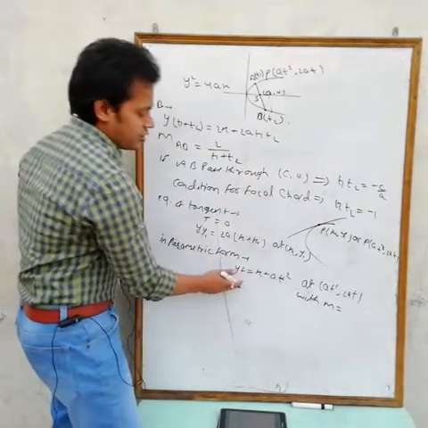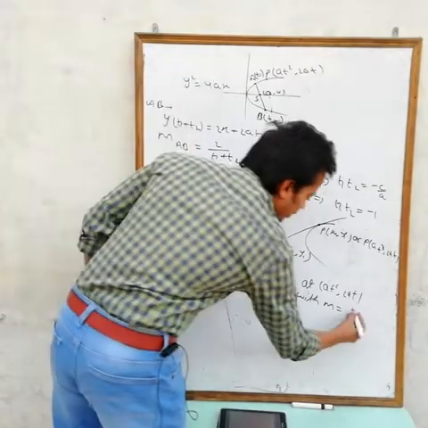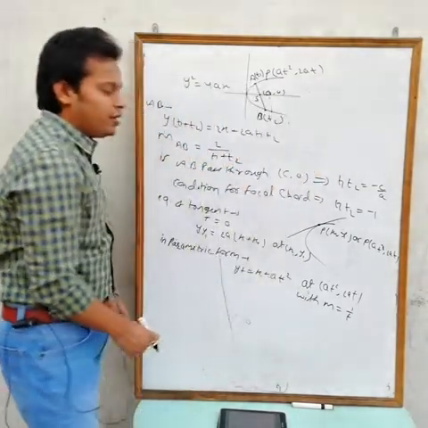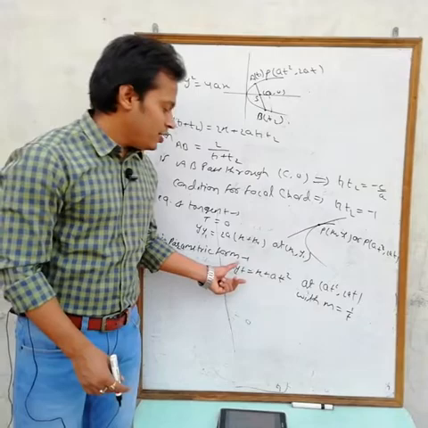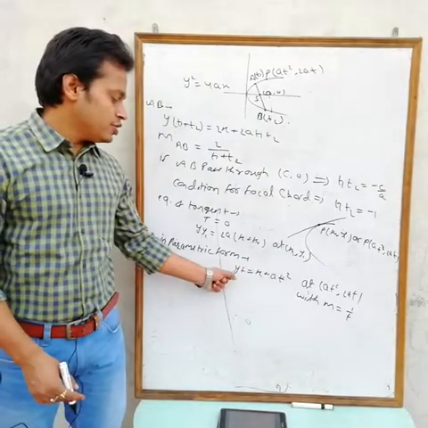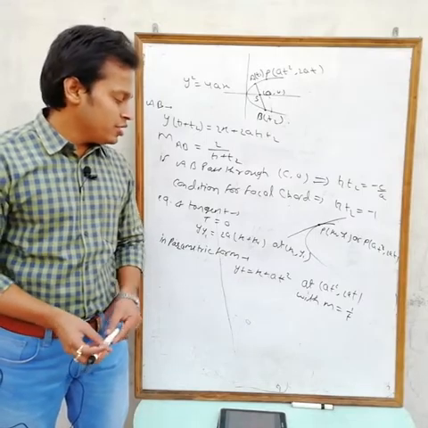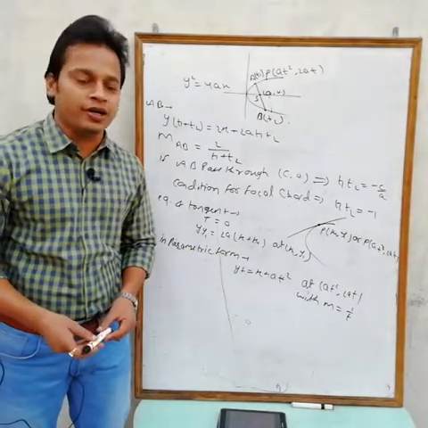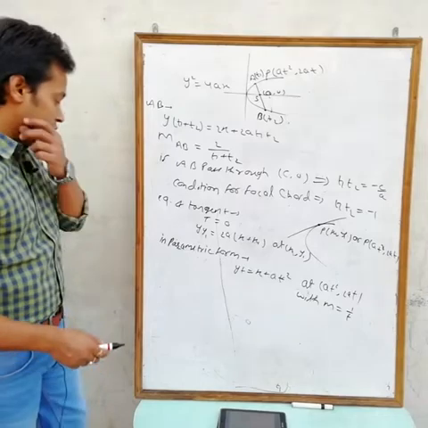Slope of this tangent is, if you divide by t, then we are getting 1 by t. Okay? y equals mx plus c. If any equation of the line is given, then we can find the slope. So if you convert this in terms of y equals mx plus c, then you will get the value of m as 1 by t. Okay, so slope is 1 by t.